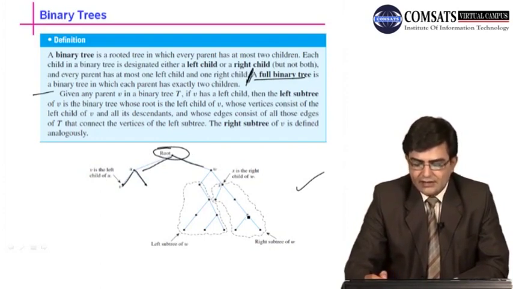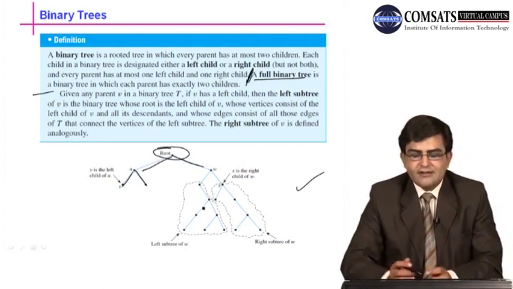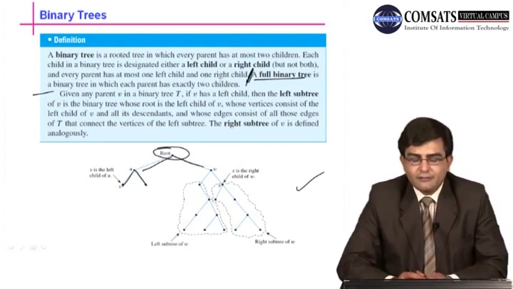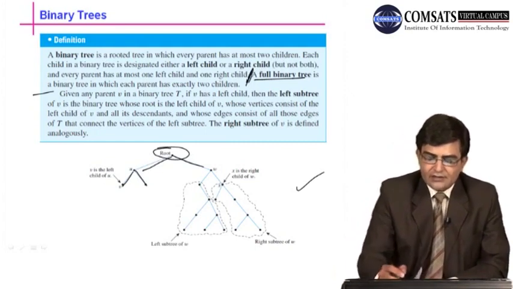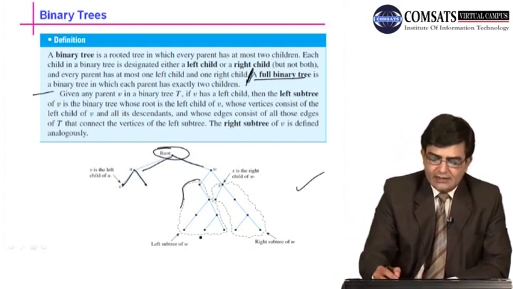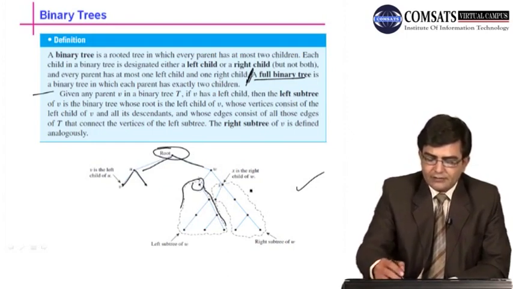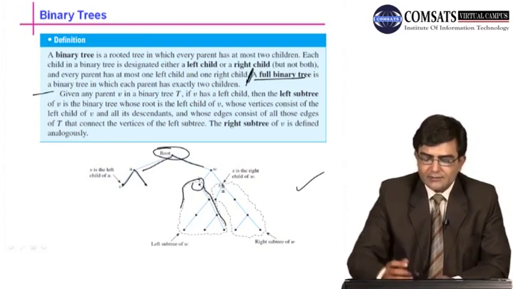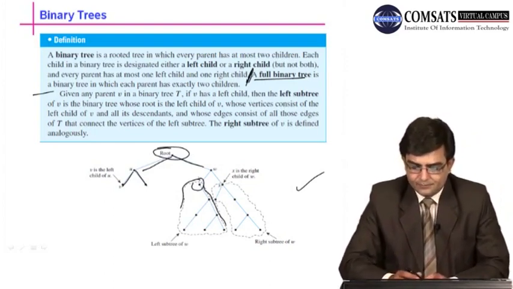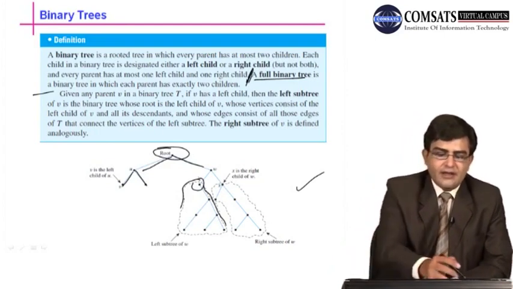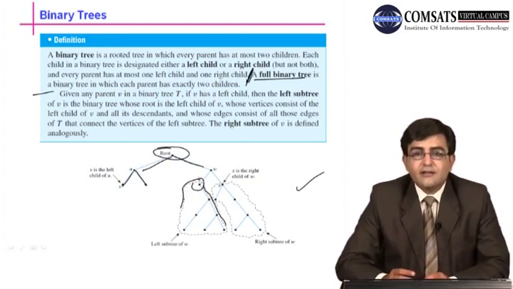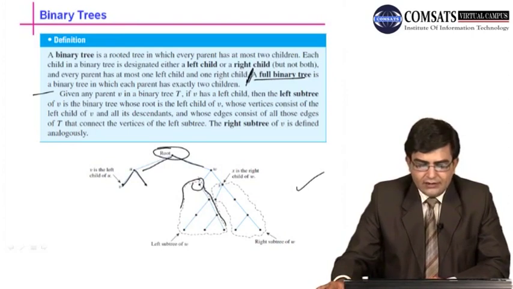This has one child, and further this has two children. So this is basically a binary tree, not a full binary tree. You can see that this is the left subtree of this W, whose root is this vertex, and this is the right subtree of W, whose root is X. Now you can read this definition and you will understand it better. Now let's consider